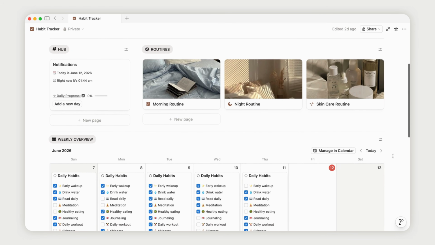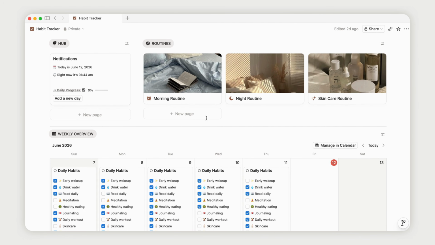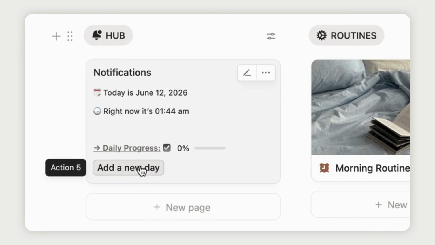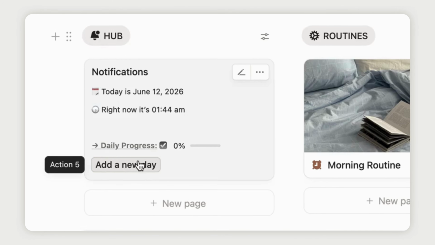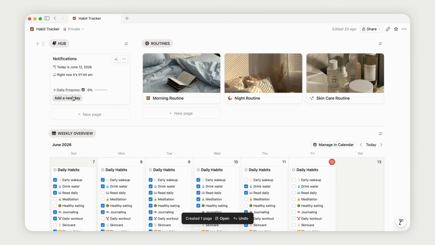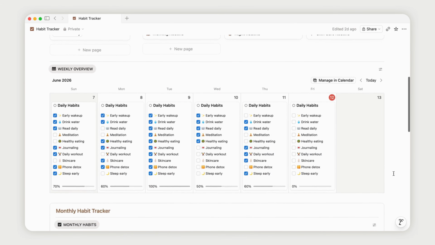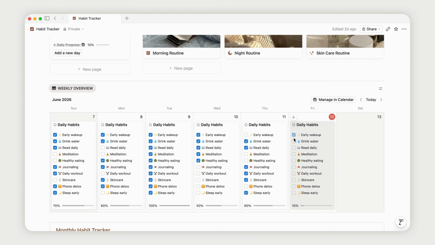All right, let's jump in. To start using the habit tracker, head over to the home page. From the menu in the top left corner, simply create a new entry for today. Then all that's left is tracking your habits. As you complete them, the daily progress bar and overall statistics update automatically, giving you an instant overview of how